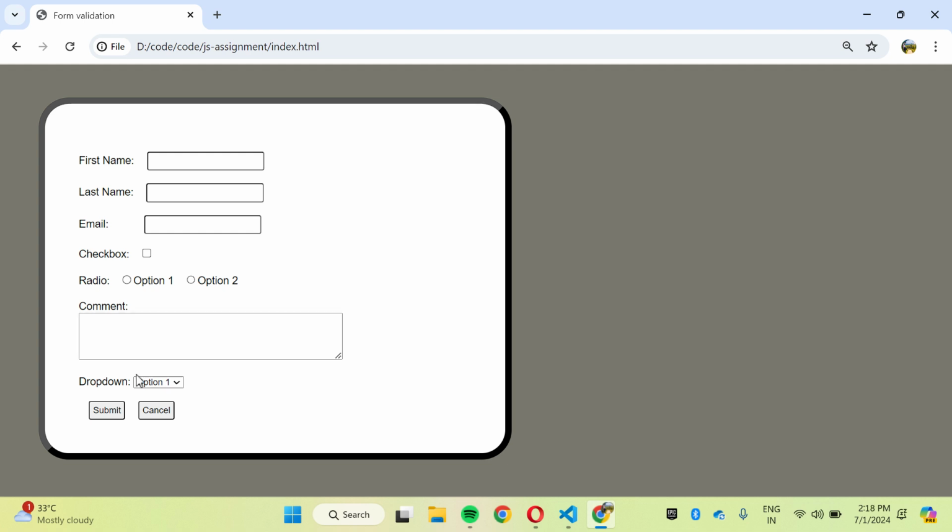What I mean is, if I click this submit button, it is validating the form and it is displaying something. See, it is displaying first name is required, last name is required, and email is required. So it is doing some work and it is validating the form. If I hit cancel, it is going. And if I just type something like Sid, and if I give my last name as B, and if I give my email as breakthrough@gmail.com, if I hit submit,